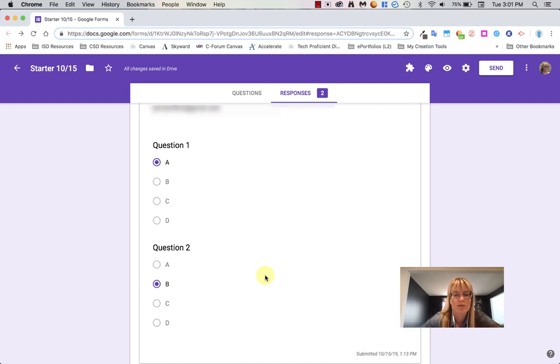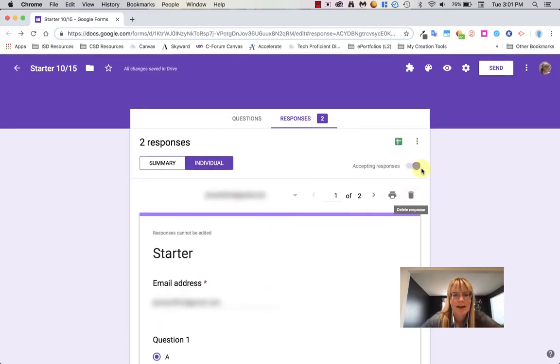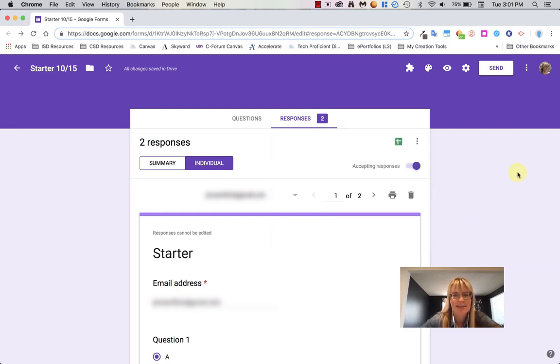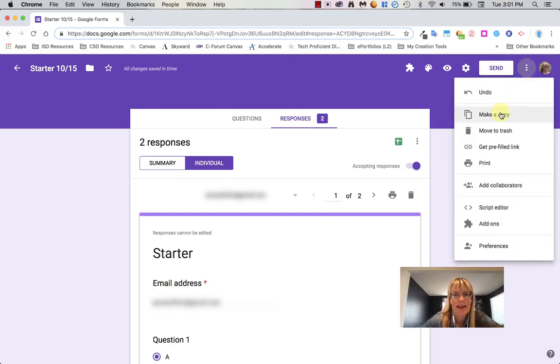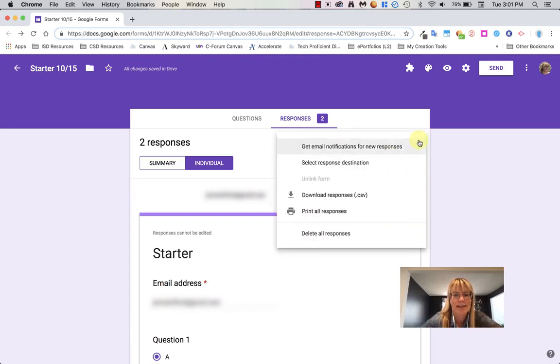If I would like to use this form for a future starter, I can either go to the 3 dots and delete all responses, which will allow me to start fresh the next day. Or if I'd like to save those responses here, I can go to the 3 dots up top and make a copy. If I choose to have my responses recorded in a Google Sheet, the nice thing about deleting all